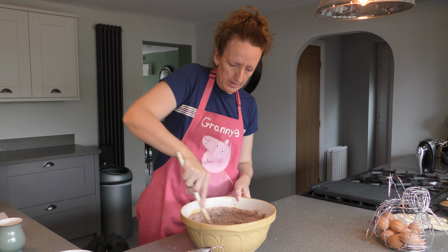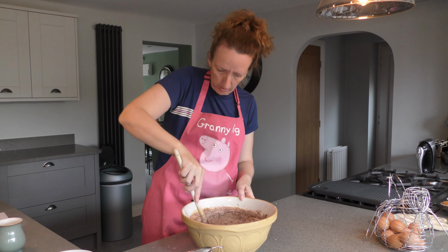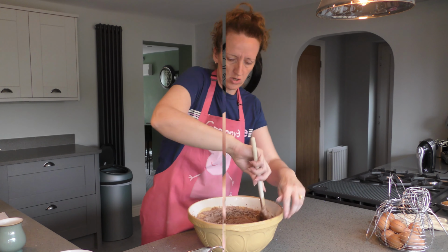So this is nearly mixed in. We have a little face that's come to look. And he thinks he's getting some chocolate cake mix. Right, so